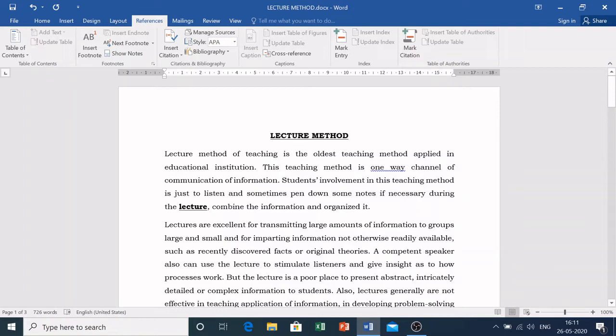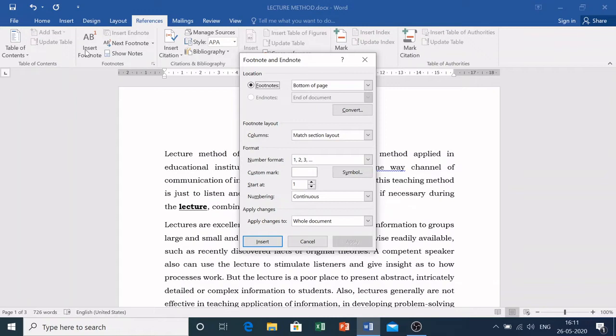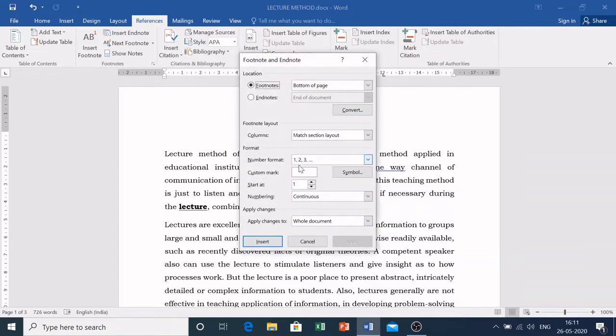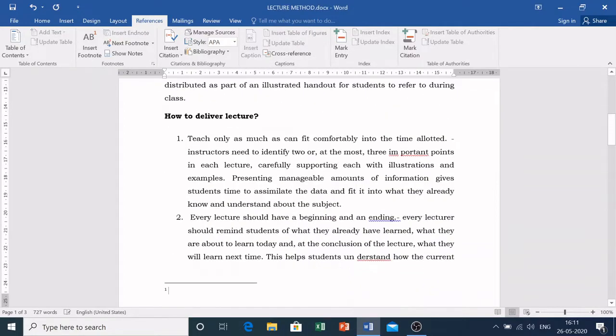Okay. Now, how to insert the footnote? Directly also you can just click on insert footnote and begin writing the footnote. But if you have to start from the very beginning, suppose this is my first line and I want to insert my footnote here, you have to put your cursor before the full stop. Go to here, check all the settings and numbering, and then insert. The moment you insert here, number one will appear, and put the citation.